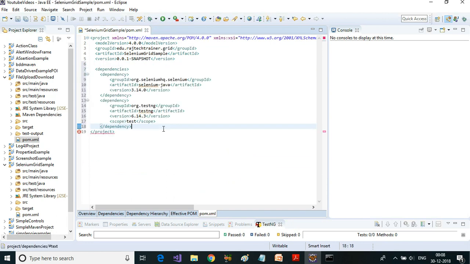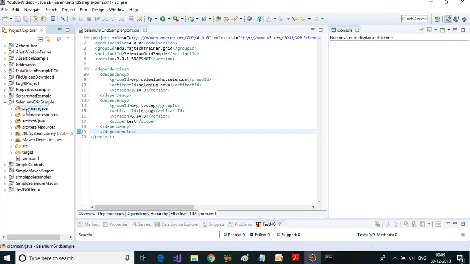In the earlier videos, we have already seen how to get these dependencies from the central Maven repository. Okay, so I have added these two dependencies. One is Selenium Java and the other one is TestNG. Okay, so let me save this.